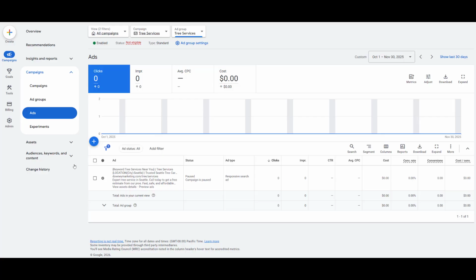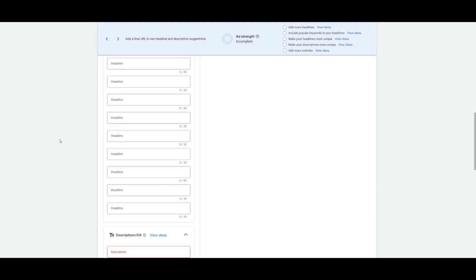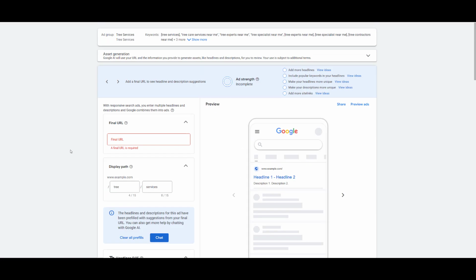So you're going to come into your ads, select an ad group, hit this blue plus sign, and hit responsive search ad. The way this process works is you pretty much need to fill out everything on this page for an ad. You give Google whatever URL you need to send traffic to, which we're going to touch on in just a second. You will need a landing page for this different strategy.